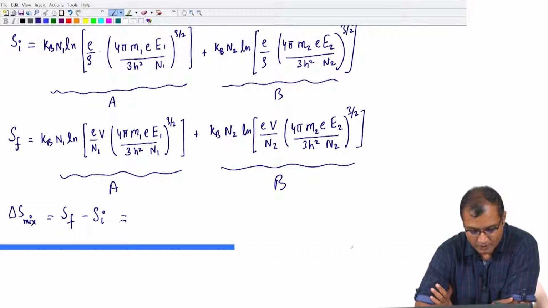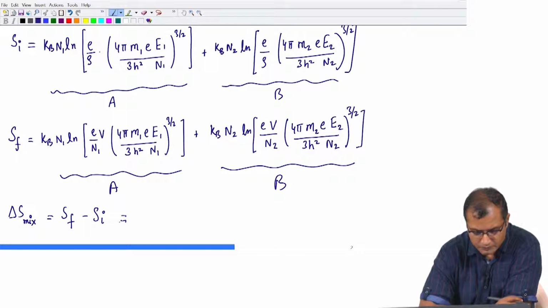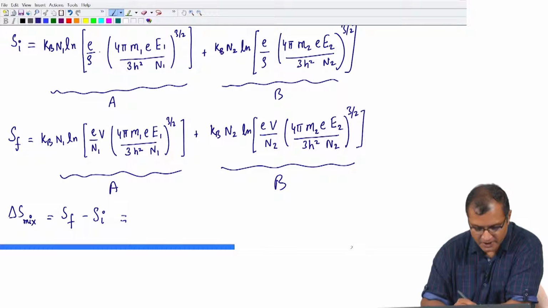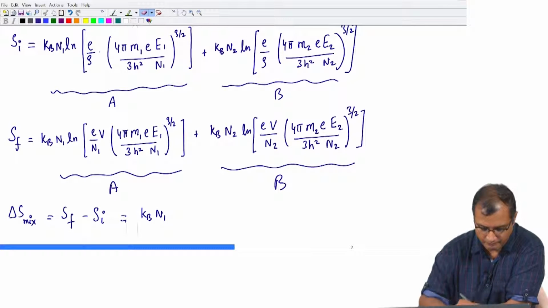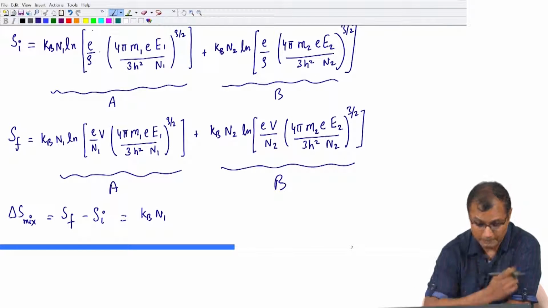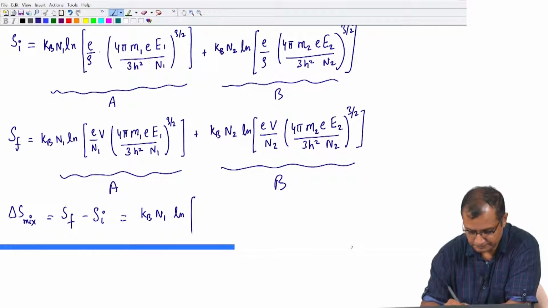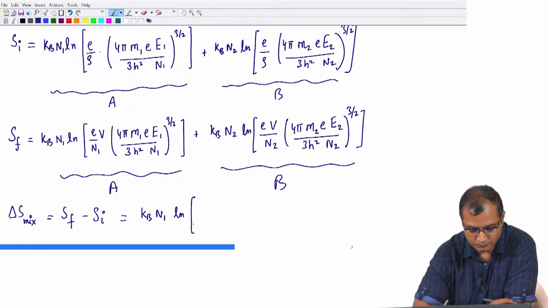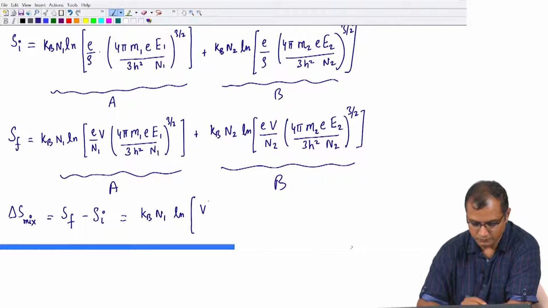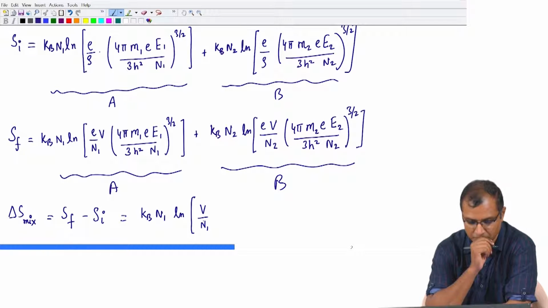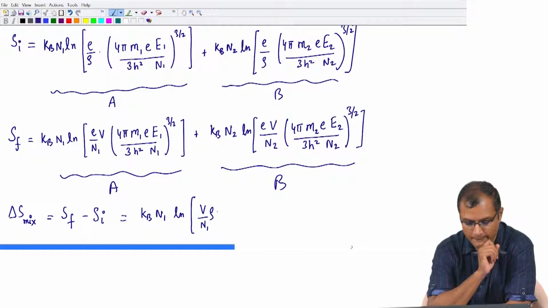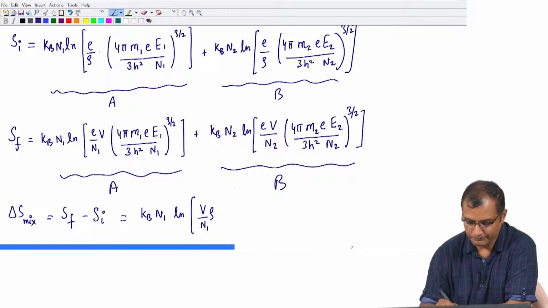Okay. So, if you look at the expression, from the A types I can simply write down Kb N1 into ln rho, because it is minus of Si and it is already ln 1 by rho, and from the second term